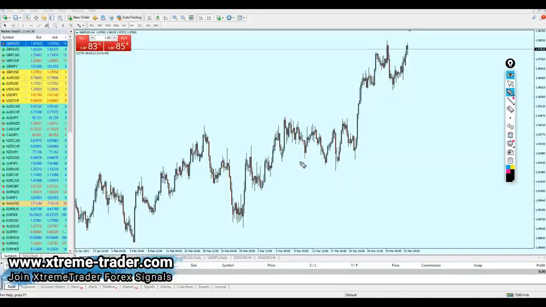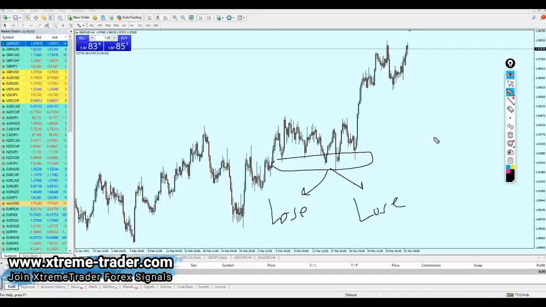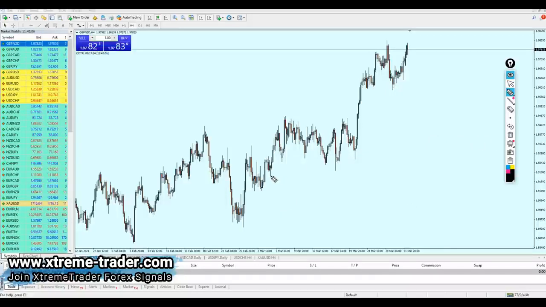Now, if you want to place your buy order, for example, randomly on the resistance level, first of all, you're gonna lose, as simple as that. Second of all, you're gonna lose again. Very simple as that. Because actually, this is what pisses me off. Most of the Forex traders, the Forex teachers, what they are teaching the traders is always, my friend, you have to buy the low and sell the high. That's it. I mean, they are just making it so simple, but they are not being precise about where to place your buy order or sell order.